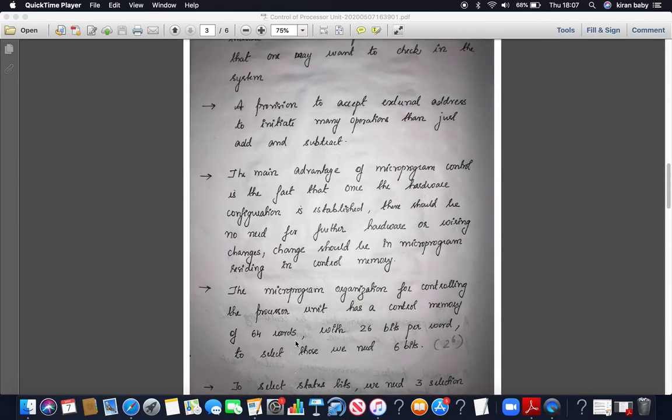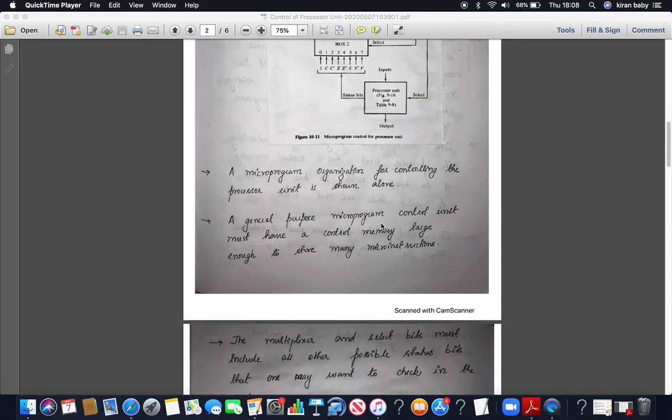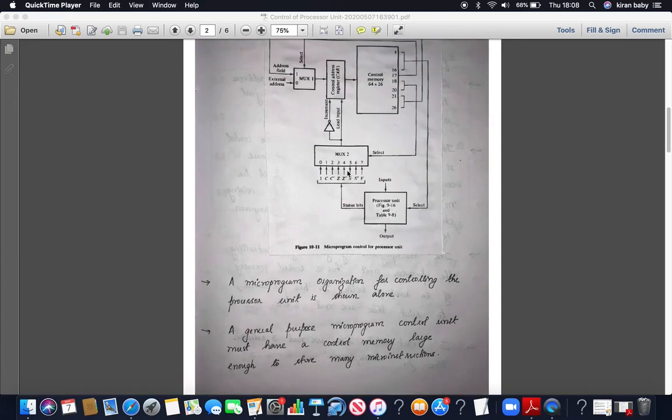So what we understood from this is that the sign flag and the 0 flag will get changed after any operation that happens inside the processor unit. But the carry flag and the overflow flag don't get affected for logical operations like AND or complement. So for the 4 logical operations, the overflow and the carry won't get affected, but the 0 flag and sign flag will.